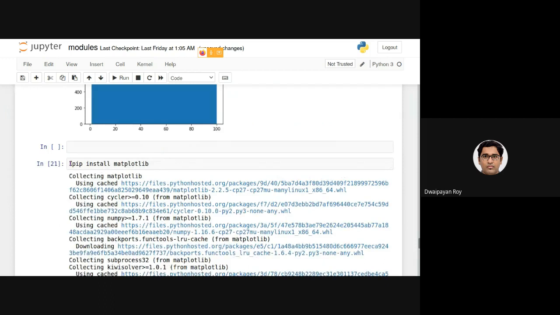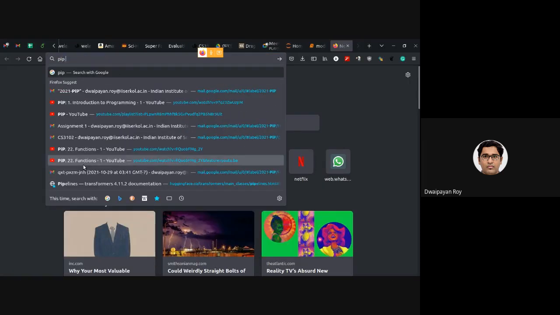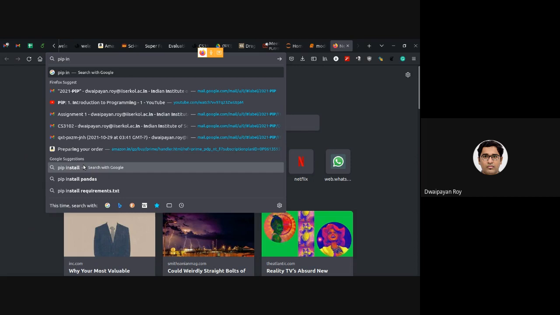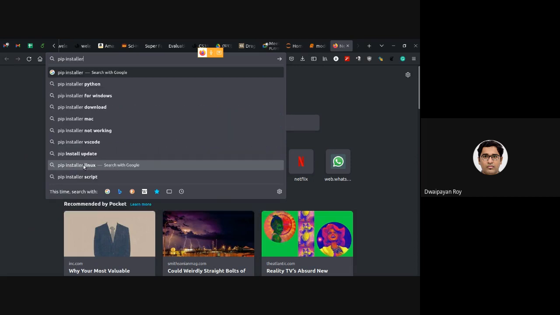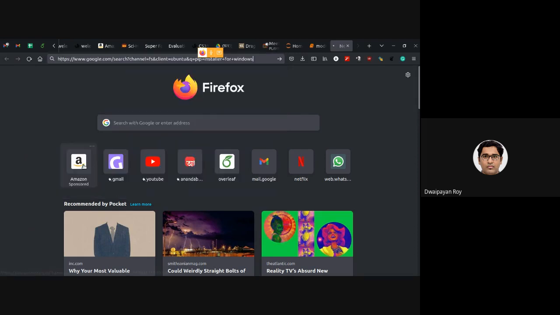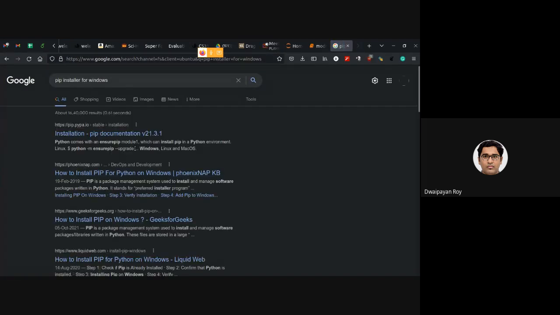Now note that those of you who are not using a Jupyter Notebook, there are certain ways of installing this pip installer. First of all, you need to search with, say, installing pip installer, or you can just search with pip installer for Windows. I am expecting most of you are using the Windows operating system.